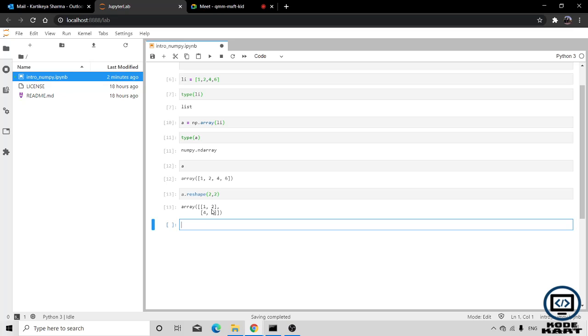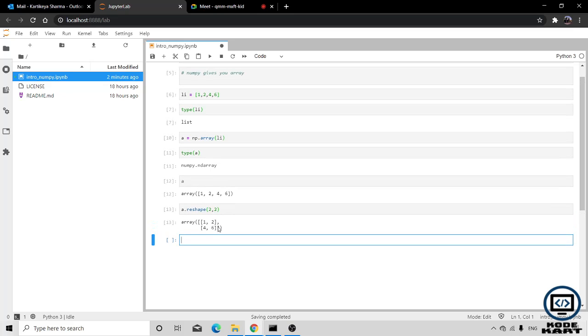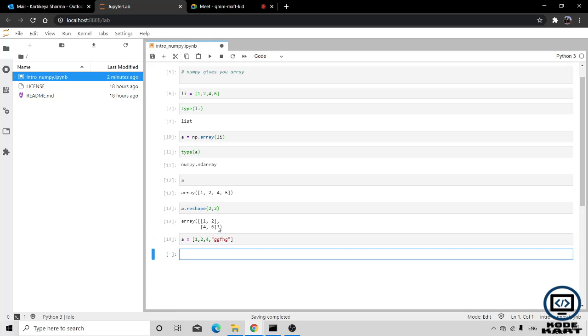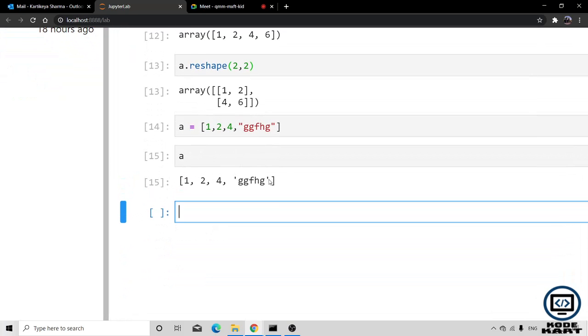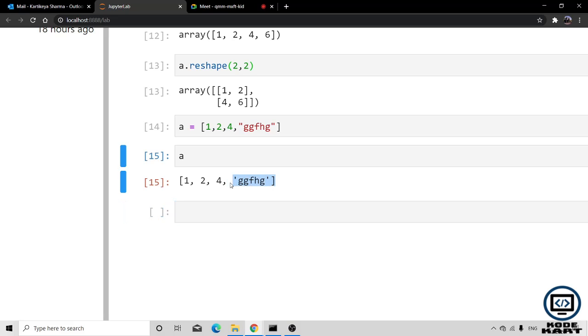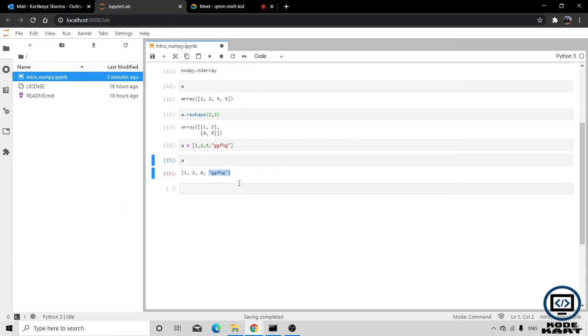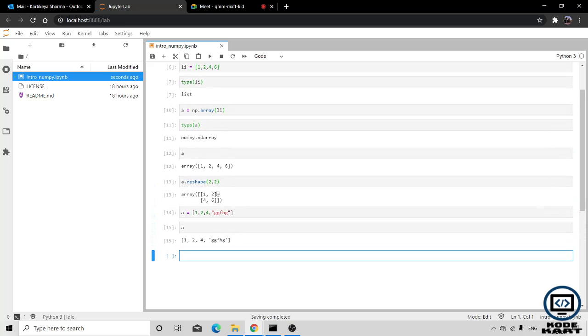Now let's move forward. I will give you one more example. One important point in NumPy is that suppose this is a list. It is a normal list. If I print it, you can see 1, 2, 4 and this is a particular string. But what happens if we pass this particular list into NumPy? Let's check how it is going to react.